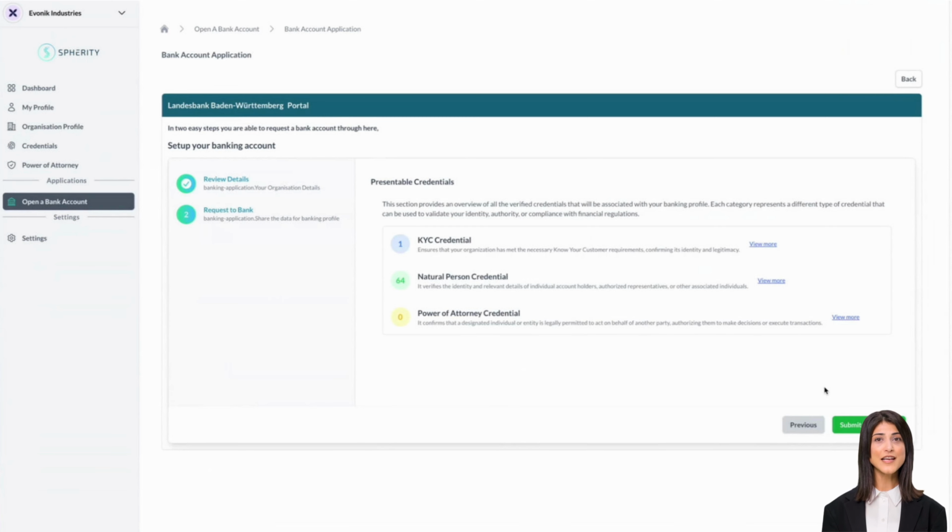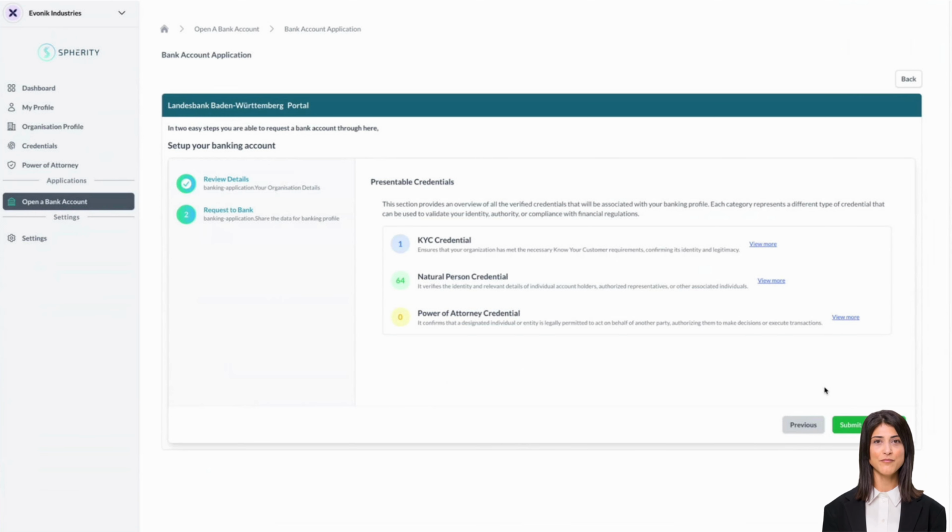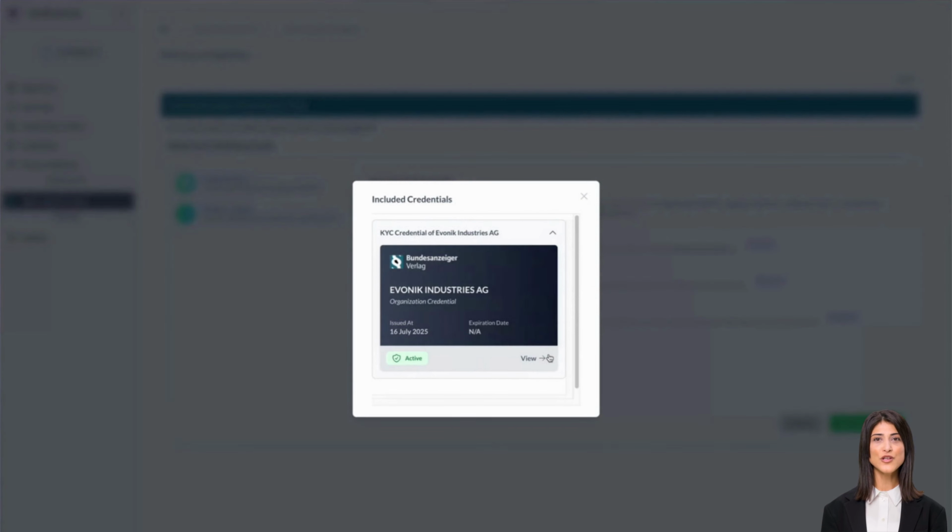Then, a request is sent to the verifier module of LBBW, indicating our intention to open a business bank account. The bank responds with a list of required credentials that must be submitted to fulfill KYC obligations. The bank requests our organizational credential, also referred to here as the KYC credential, which we obtained in the previous video. It contains all necessary information for identity verification, including company name and registration details, address and tax information, ownership